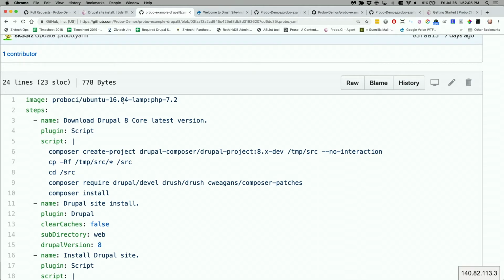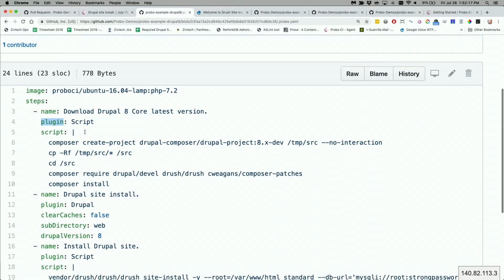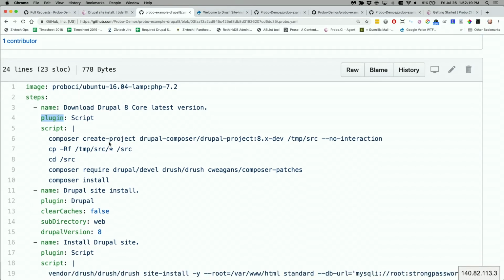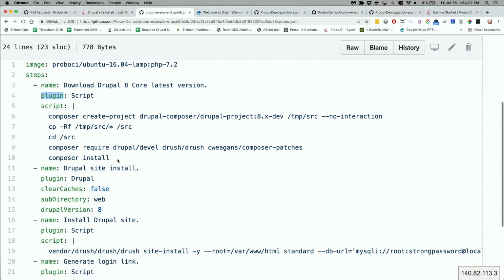PHP version and things like that. You want to try and match your production environment with. And then you get into your steps. So this particular step here is our script plugin. It's basically anything that you can run in Bash, you can run in this plugin. So right here, I'm doing a composer create project to install Drupal 8. Doing a couple things here to clean that up, and then I'm doing a composer install step to get all